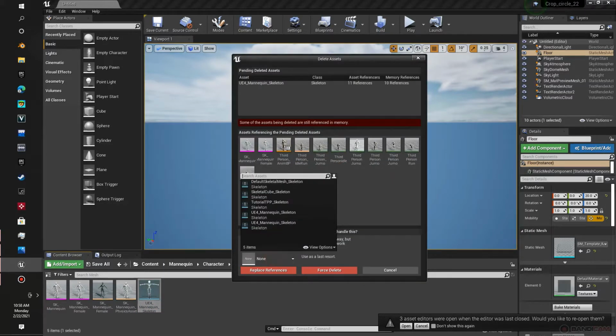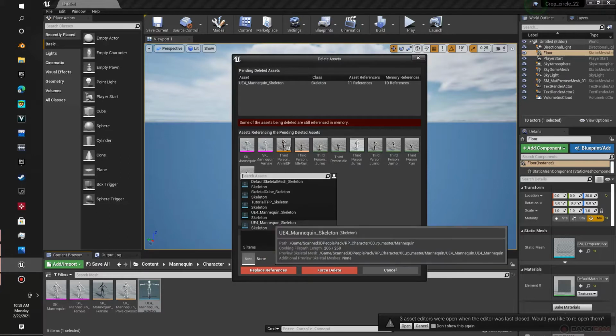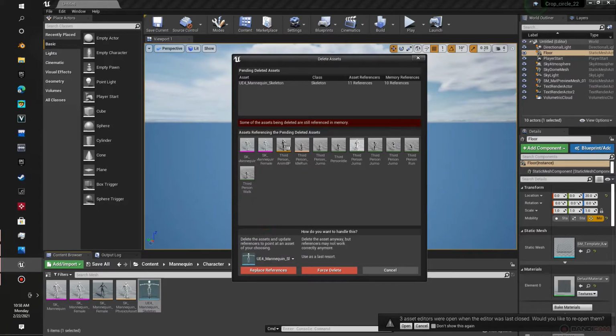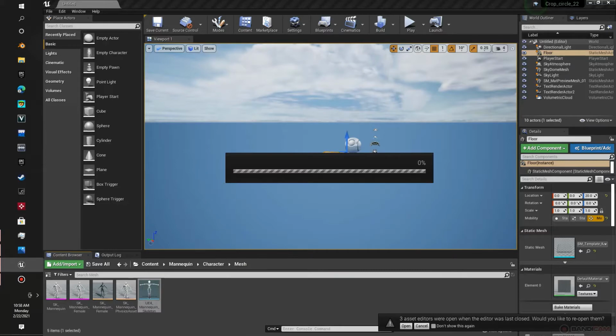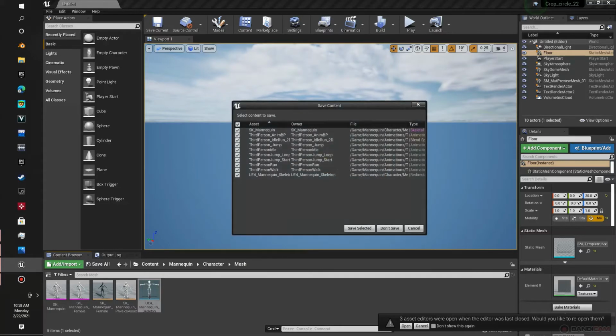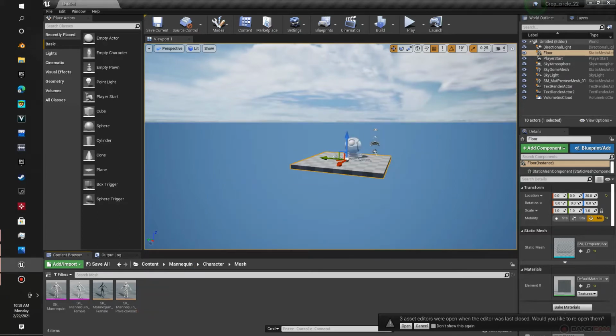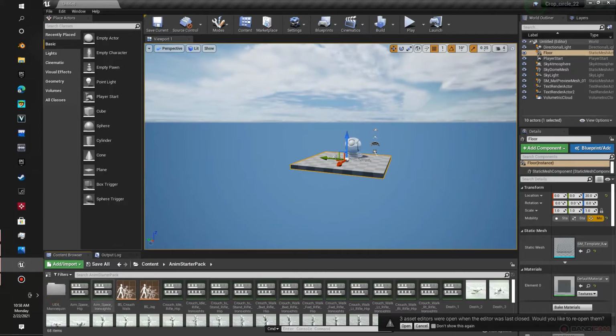But in order to properly delete this, I should replace the skeleton. So I can see right here, Scan 3D People Pack. I'm going to go ahead and replace those references right now. It's going to ask a bunch of questions. I don't care about those questions. This is a shortcut. I don't care about learning everything about Unreal. I just want to get on with my day. Also, I have